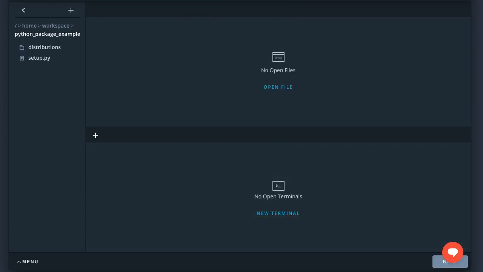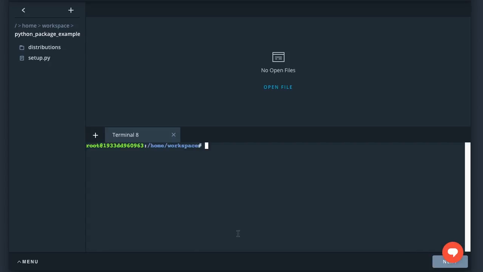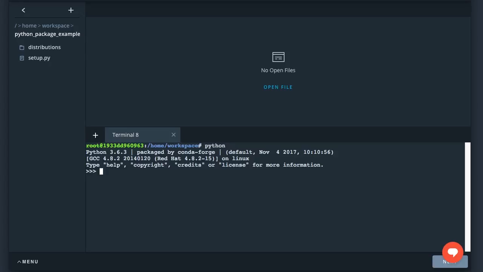Now I can use the package in my Python code like so. I'm going to open a new terminal. Notice that I'm no longer in the Python package example folder, and it doesn't matter because we've already installed the package. So I'm going to type Python to start the Python interpreter, and then I'm going to import the Gaussian class, saying from distributions import Gaussian, and hitting enter.